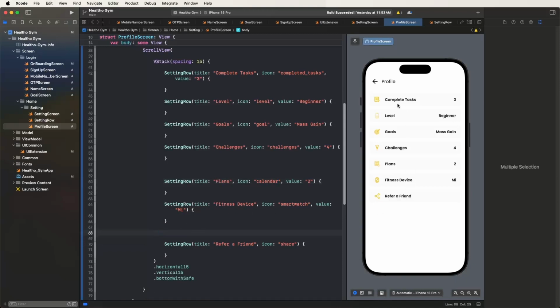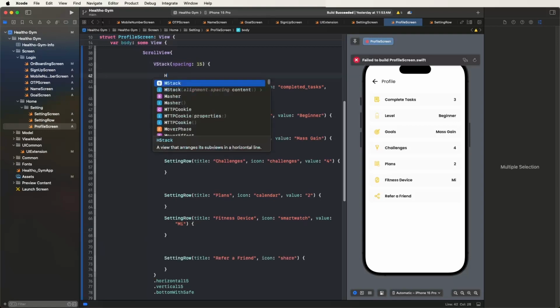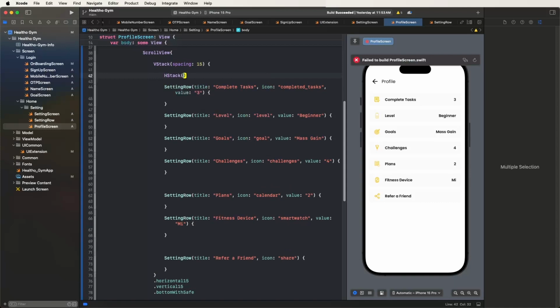Like this, we need to set the list of the options we need to show, and now we need to show the profile information. First of all, develop an HStack, and give it spacing of 20,